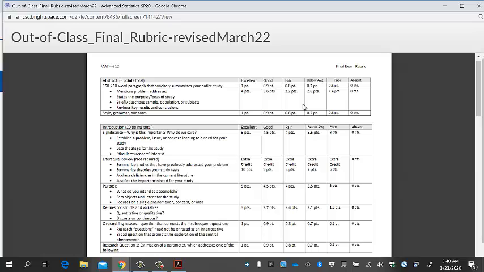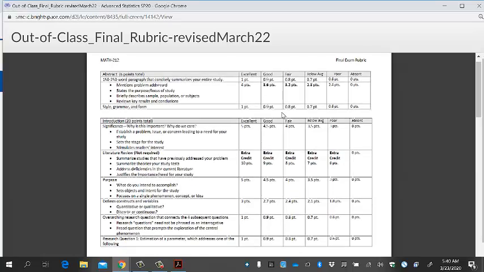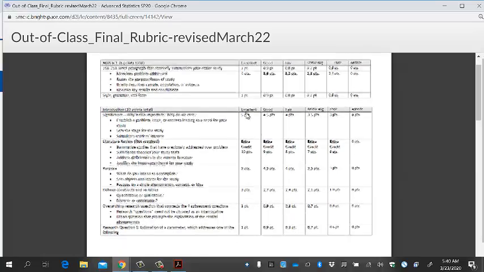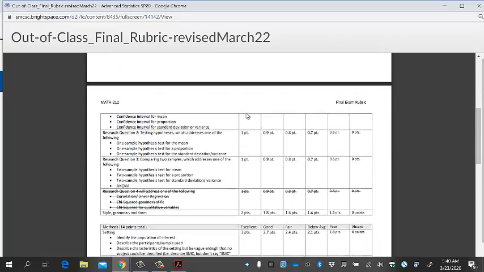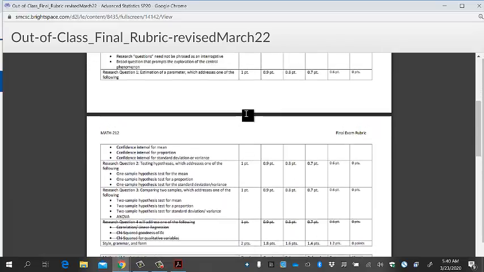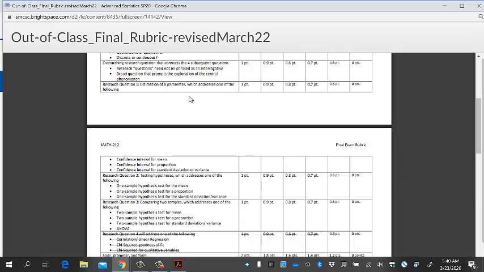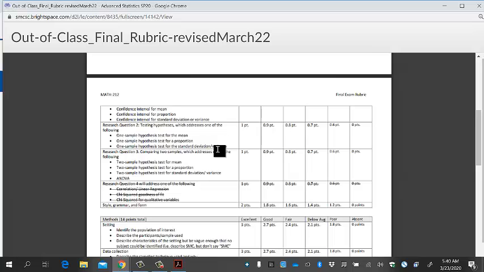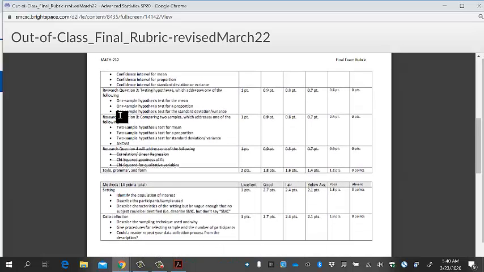If you choose the out of class final, instead of having 4 research questions, you will now only have 3. You'll have one from Unit 1, some question about a confidence interval. You'll have one question from Unit 2, one question about a 1 sample hypothesis test,